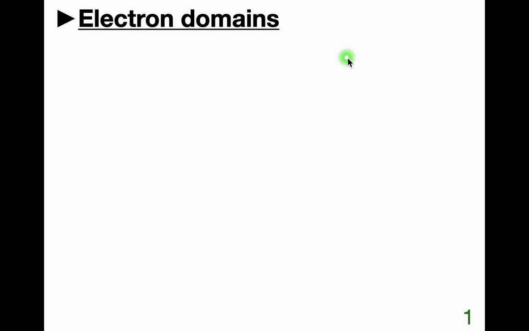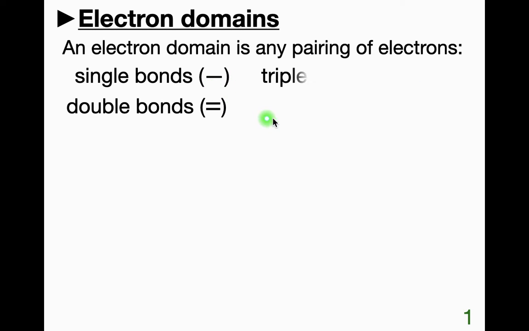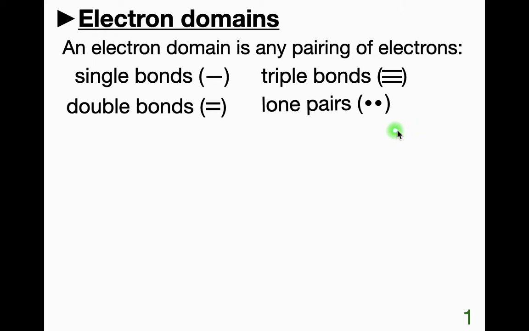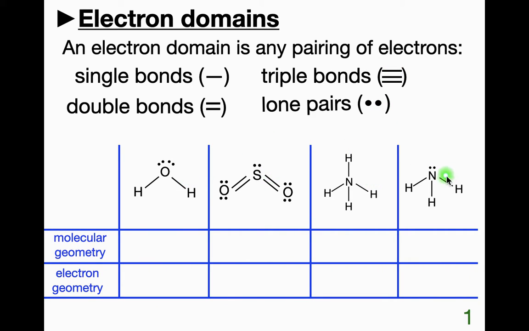Okay, electron domains. An electron domain is any pairing of electrons. It could be a single bond, double bond, triple bond, or a lone pair. Each of these is referred to as an electron domain. Let's look at four molecules and see the distinction between the molecular shape or molecular geometry, the same thing, and